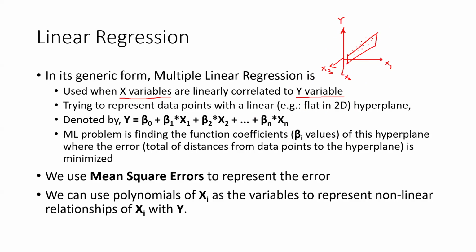Then the hyperplane would be something like this, which is a three-dimensional hyperplane, right? So suppose this is a hyperplane. So this should be a three-dimensional hyperplane. You can't draw a three-dimensional hyperplane in this two-dimensional space, right? So you may see it as two-dimensional, but it is a three-dimensional plane, right? So basically, what we are going to find in linear regression is this three-dimensional hyperplane, which should be represented by this